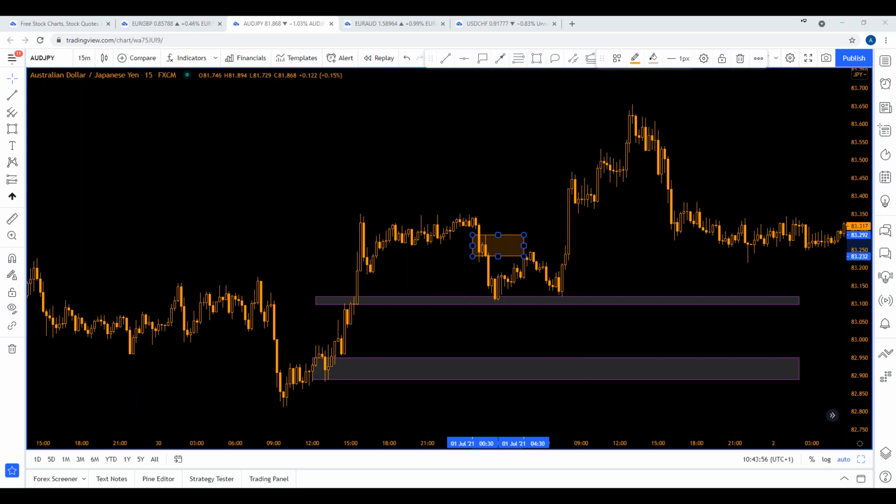I missed part one. Could you show how the supply range is found, the upper and lower bound? Yasmin, I think I've just shown that on the slides. If you're talking about the rally-based rallies and drop-based drop areas, maybe watch the